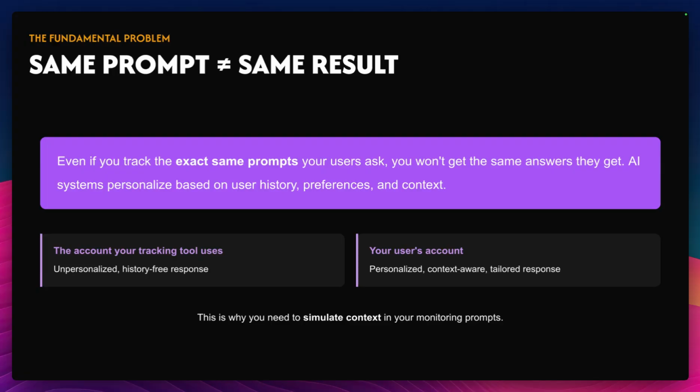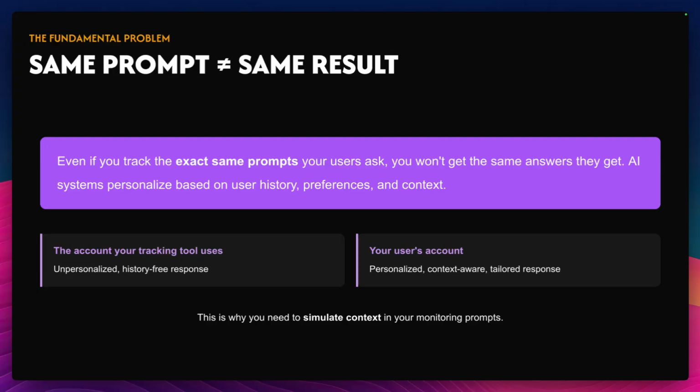And with that, even if you used the exact same prompt as your clients, you wouldn't get the same result, because those systems personalize really hard based on the history of the users, the preferences, the memory, and all that kind of stuff. This context should be in your prompts to really get the answers that your clients get.